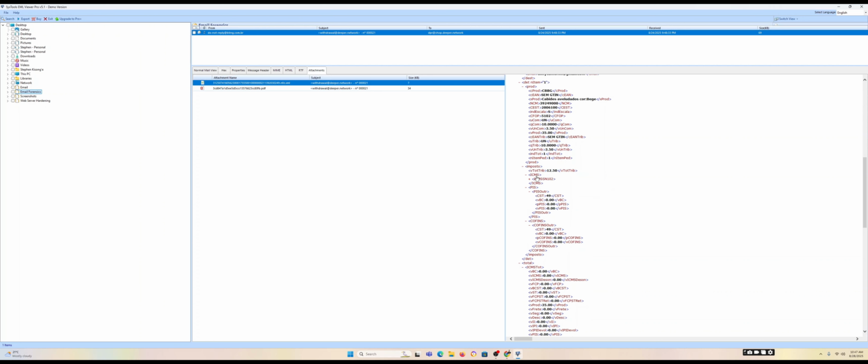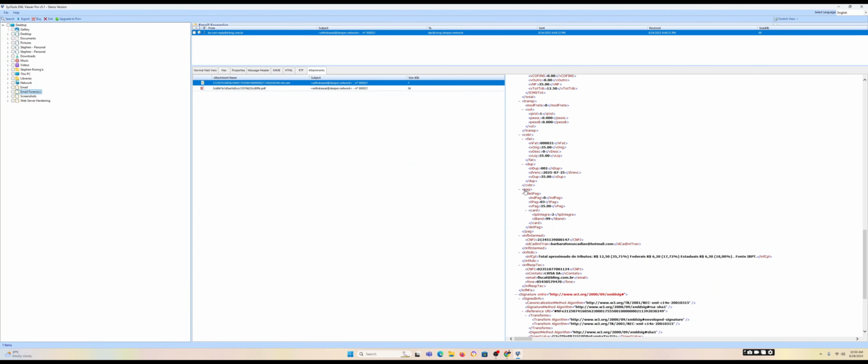So we have the ICMS, we have the PIS, and we also have the COFINS, which is properly documented, and the approximation is shown to be 12.5, which is the total tax burden over here. Then you have the PAG section over here, which is the payment section, and the payment method that